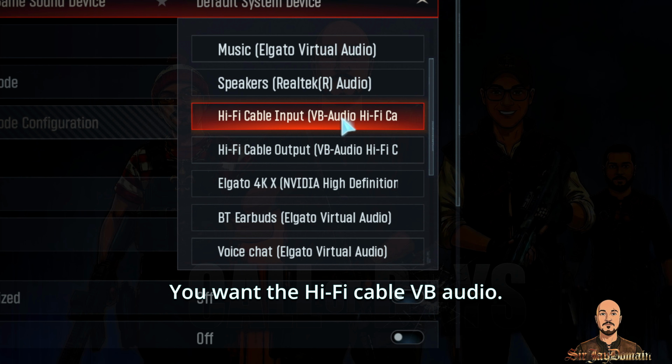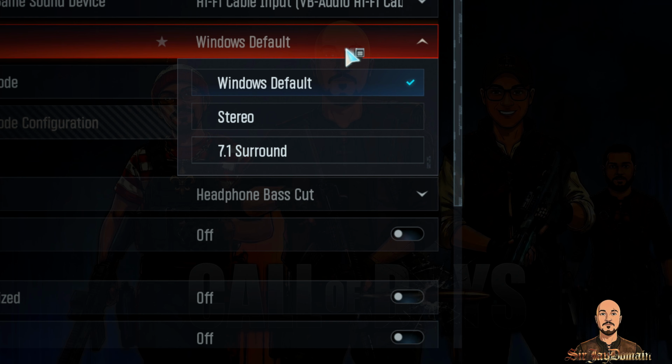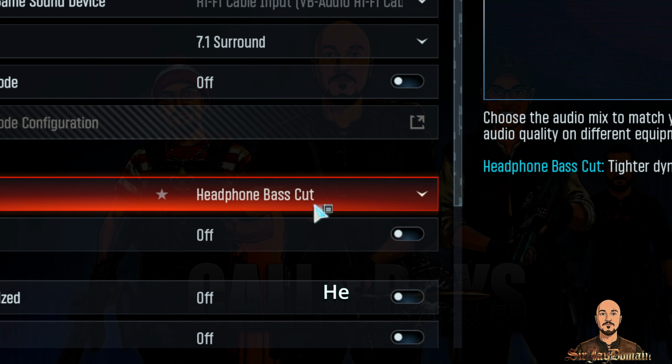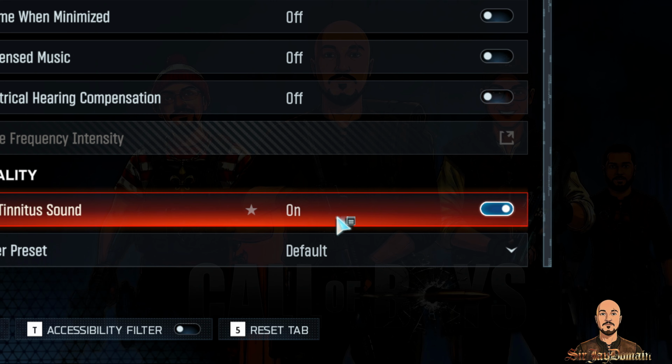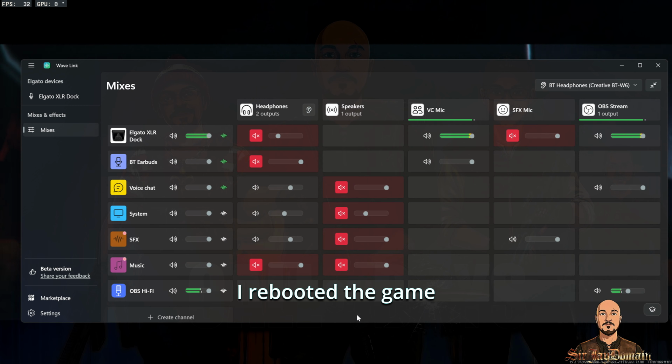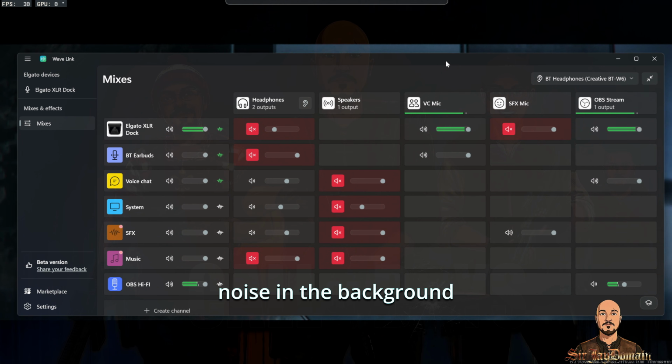Select that. You want the hi-fi cable VB audio. Windows default, change to 7.1. And he also chose headphones bass cut. And scroll down and find reduce that noise sound. Check that one. I rebooted the game just so that it would have the noise in the background for the intro,